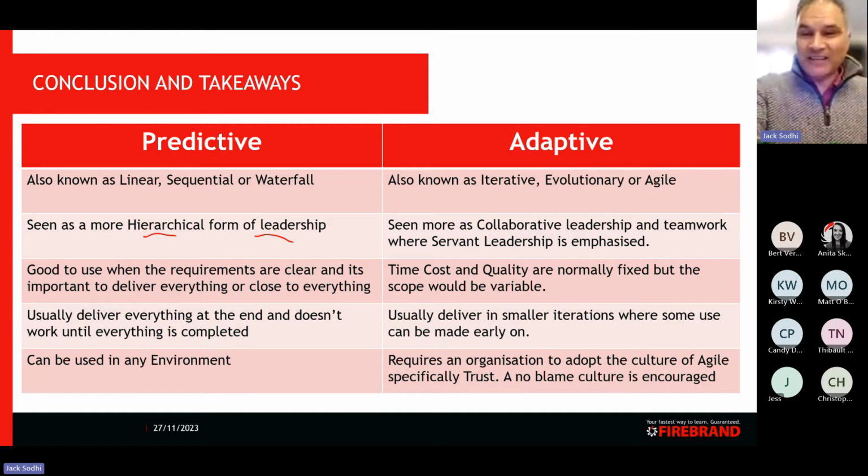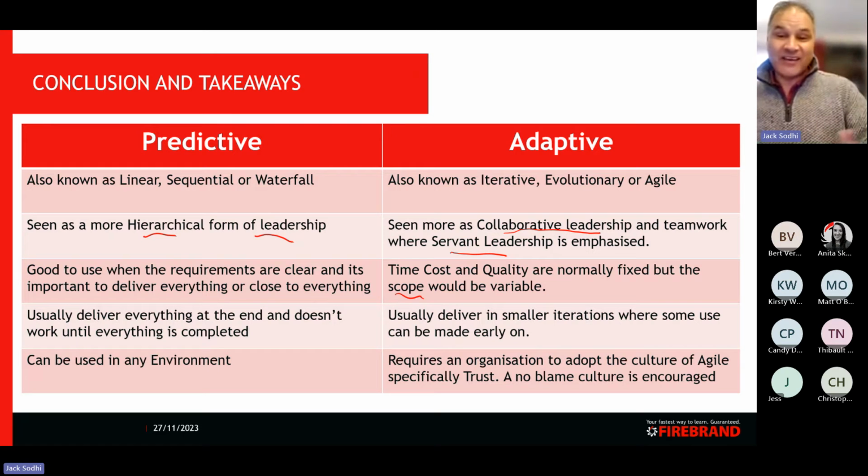Whereas the adaptive one is sometimes called iterative or evolutionary, and it uses more collaborative leadership and something called servant leadership. They also want time, cost, and quality fixed, whereas scope is variable. They also get something early on to use, and a more frequent look at what the end product will be. Agile needs a culture set up in the organization, one of trust and